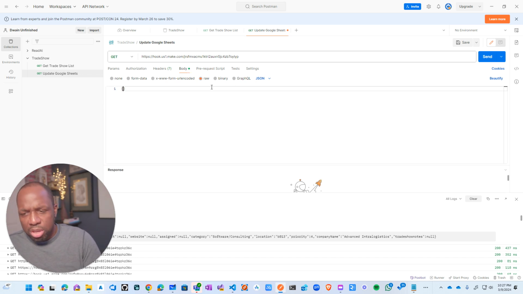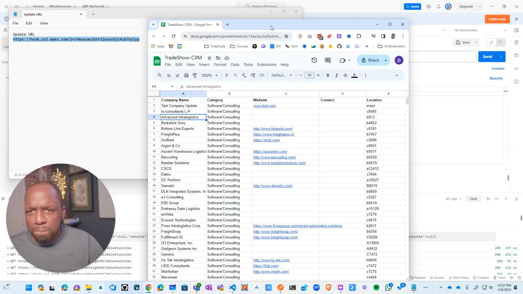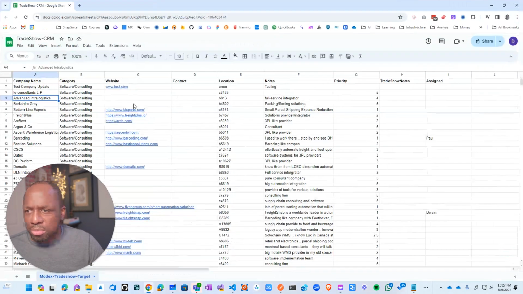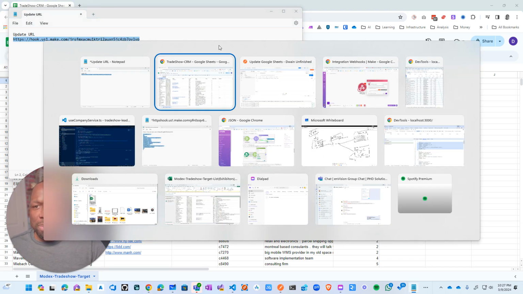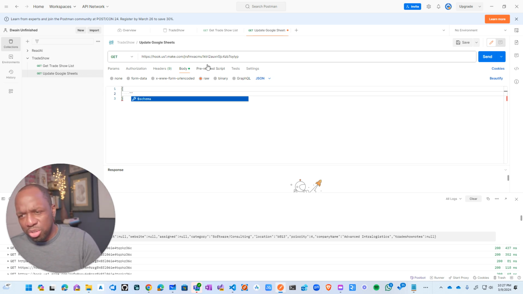So JSON. So here's what I want to do. I want to update company name as an example, okay? By the way, this should be without space. So I want to update this, which is really the A field. So I'm going to figure out how to map that. Okay, so it'll be something like this. I'm thinking about how I'm going to do it. I'm going to do the company name as the property,